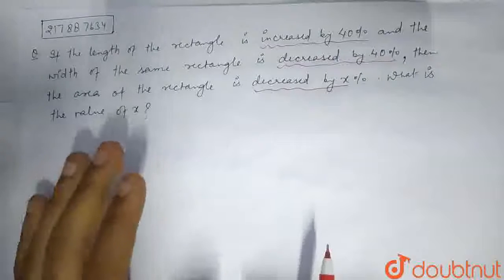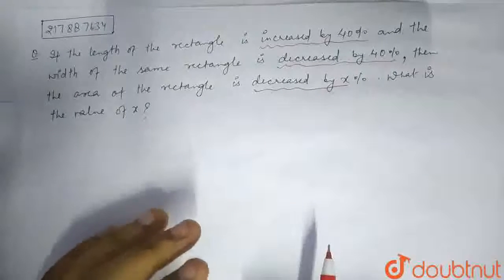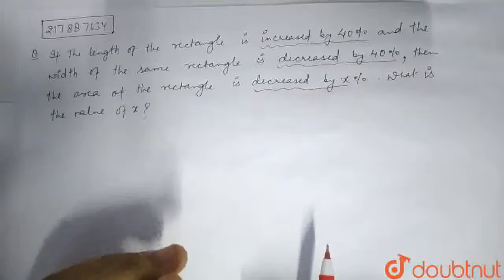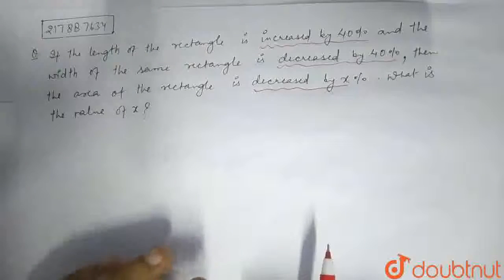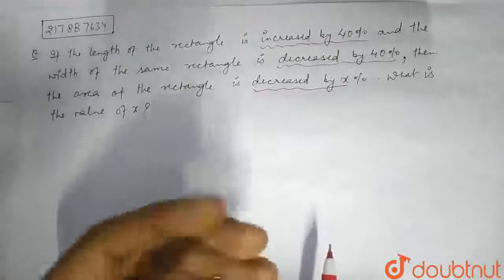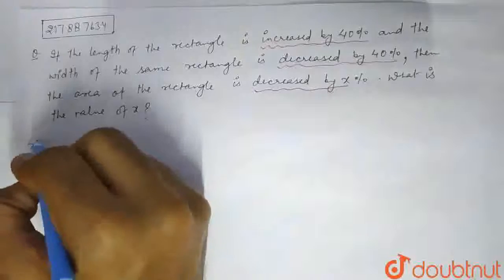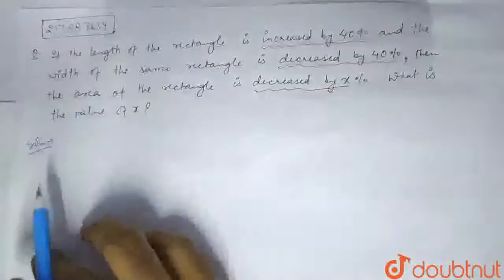Okay, so in these kind of questions we actually take the ratio of the former condition to the latter condition to get the exact value of x, or to get the exact value of the desired change. Okay, so moving on to the solution, we are starting the solution with assuming the